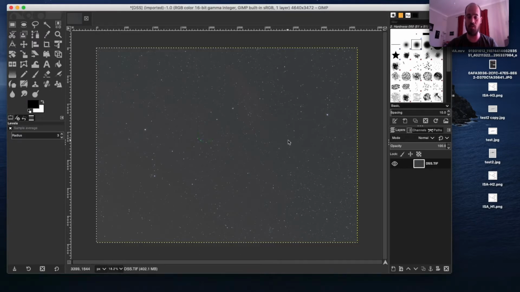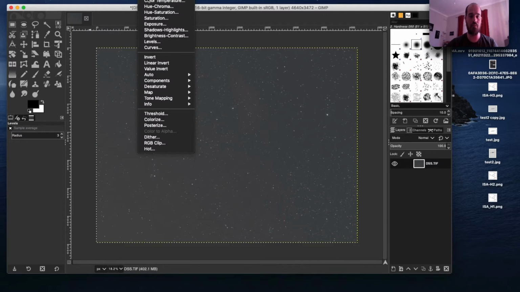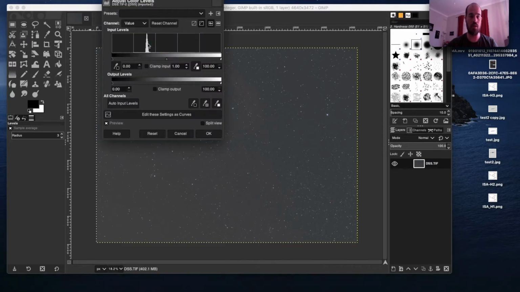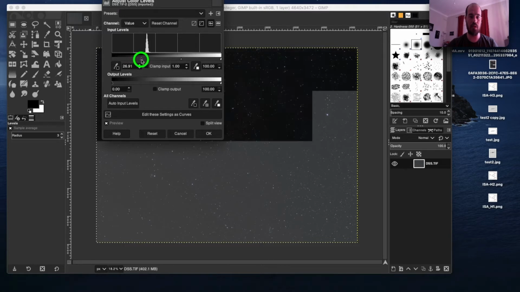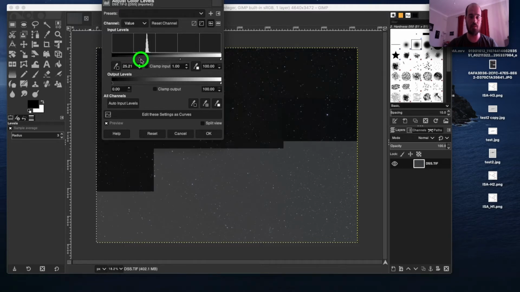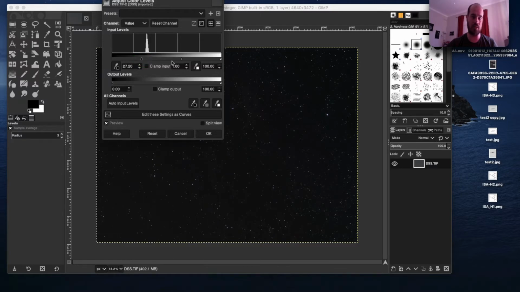So we go OK, and then again we call up from colors the level. Now you see the peak has moved from the left edge more to the middle one. We can now start to modify the black point for the image, something like so. So we bring it near to the peak on the left side, but without touching it, so that we don't